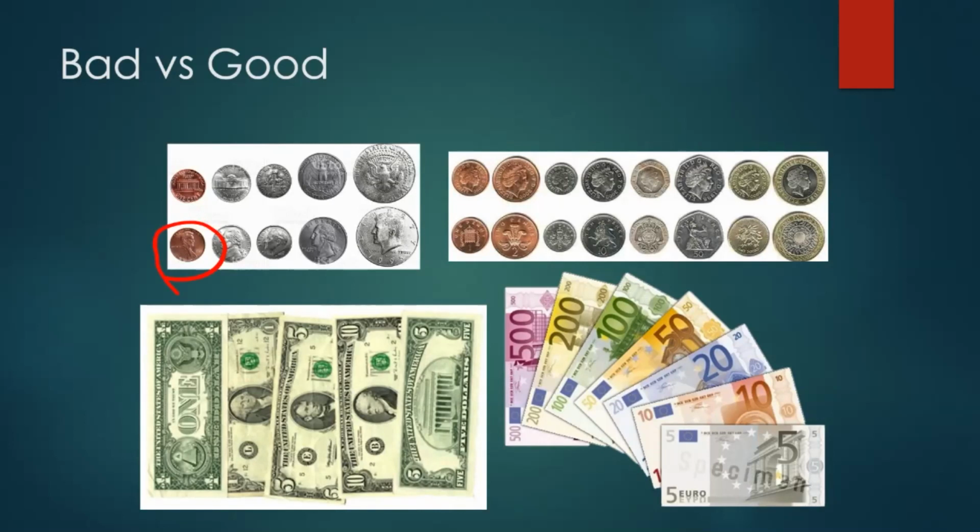Whereas other countries tend to have not only different sizes and different colors, but also different shapes, right? Trying to make it more discriminable. All of our money, at a quick glance, looks the exact same, right? It's all these greenbacks. Whereas a lot of other countries, or in this case, the European Union, use money that has different colors and really serves to highlight the difference with making these numbers extra big.